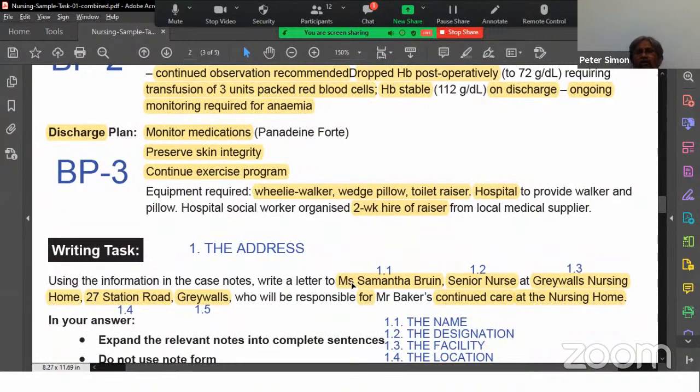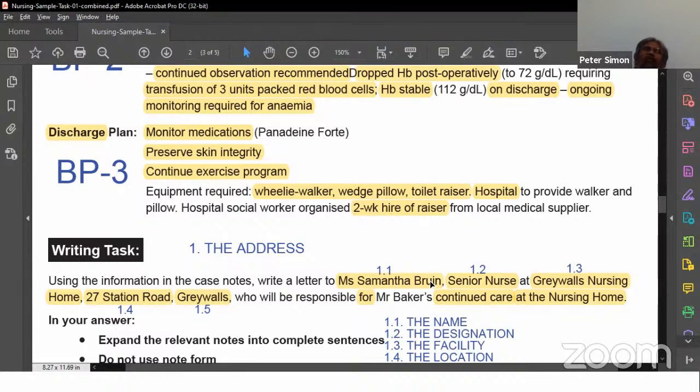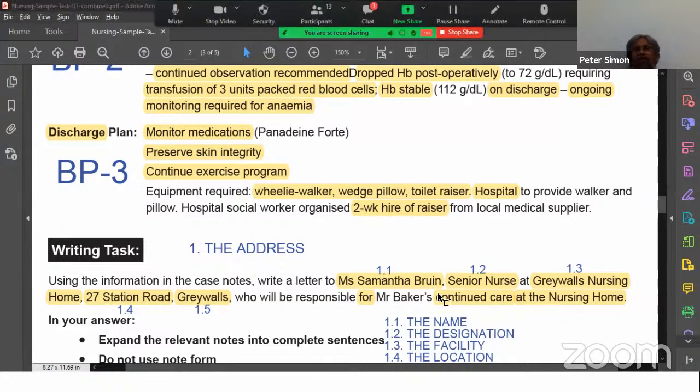Yes, you're writing to Miss Samantha Bruin. So in the beginning only say, Dear Miss Bruin. So you're writing Dear Miss Bruin and you want somebody else's supervision? No. Bruin's supervision. Already you told Dear Miss Bruin. No need to say "your", because it's not referred to somebody else. It is directly pointing to Miss Bruin only. The entire letter is to Miss Bruin. So don't make that mistake again and again.